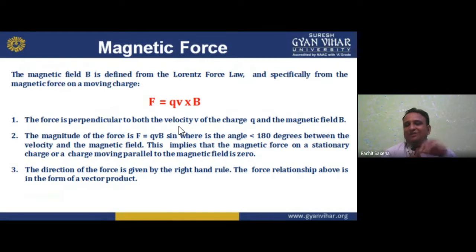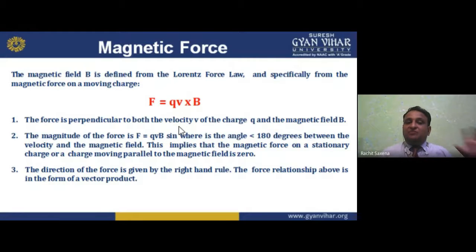If it is parallel, no torque is applicable, but if perpendicular, it is applicable. We have studied this in previous lectures. So F is the force, Q is the charge, V is the velocity, cross B. B is your magnetic field. So the charge is moving with some velocity, moving means current, cross B, where B is your magnetic field.